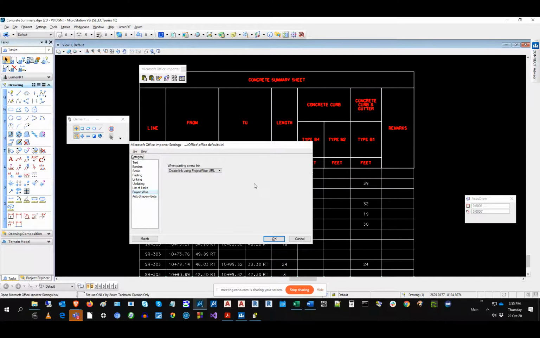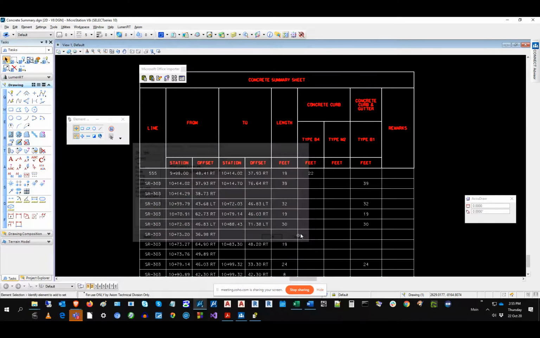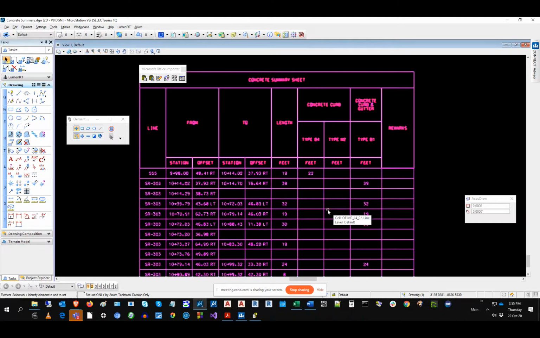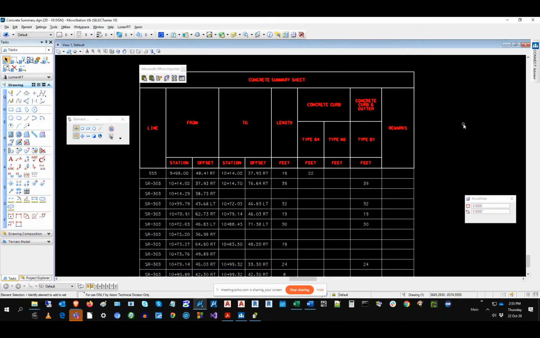Now, a couple other things I'm going to point out here. Let's say you've got a paste and you don't know what settings were used for a particular paste that you're looking at, and you want to duplicate those settings for a new paste that you want to do. Let's say the scenario is you lost your settings file. What would you do in that scenario? Well, if you go back to the settings,